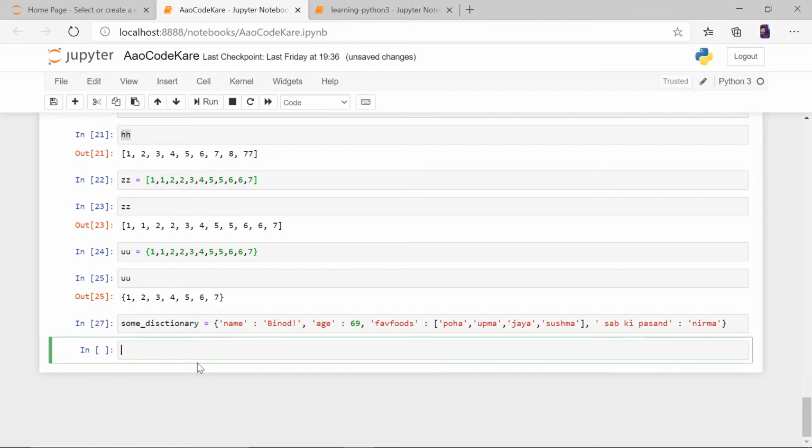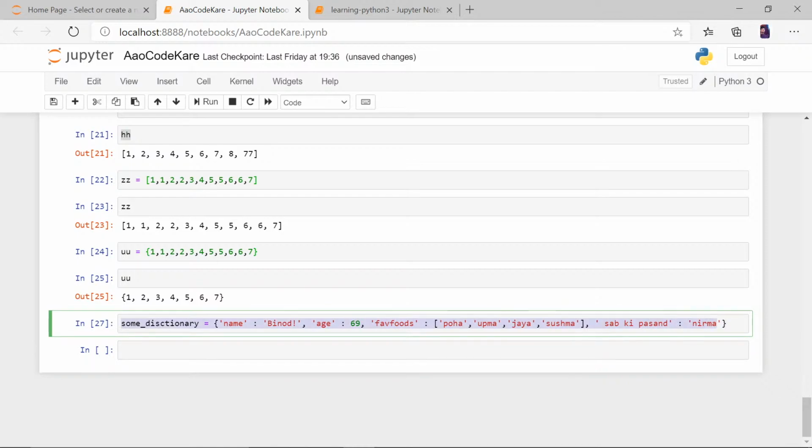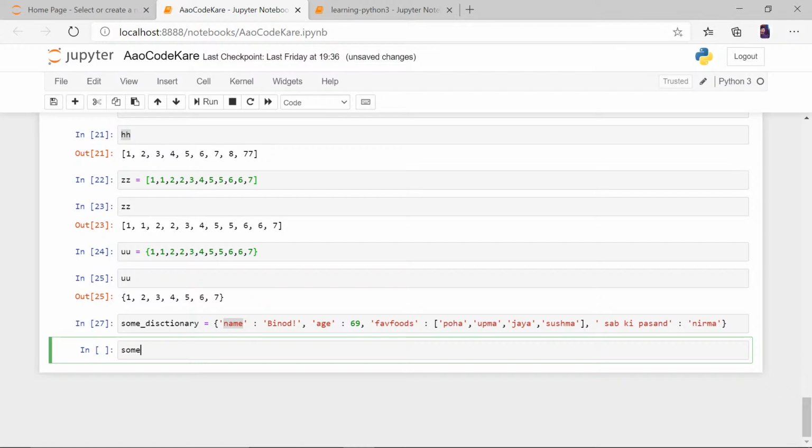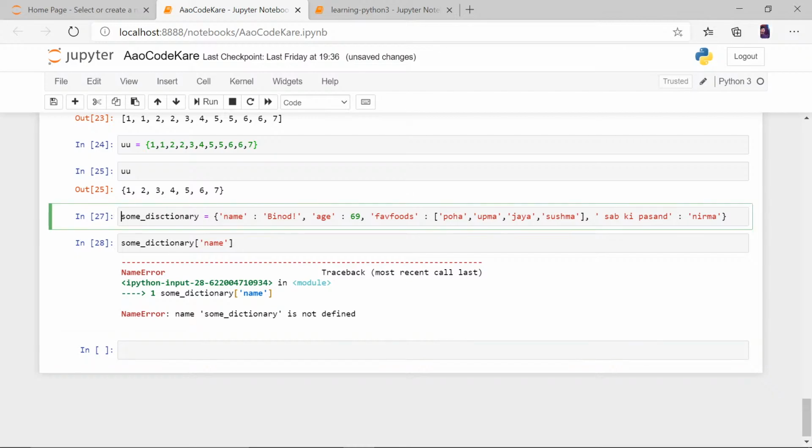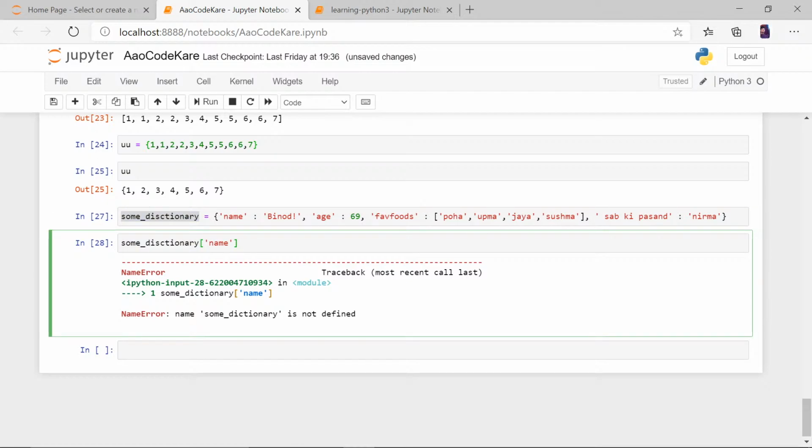So let's say this dictionary. A dictionary is called a dictionary because we can search the terms from it. Like if I ask some dictionary about a name, okay, if some dish, okay, seems like the thing did not match.